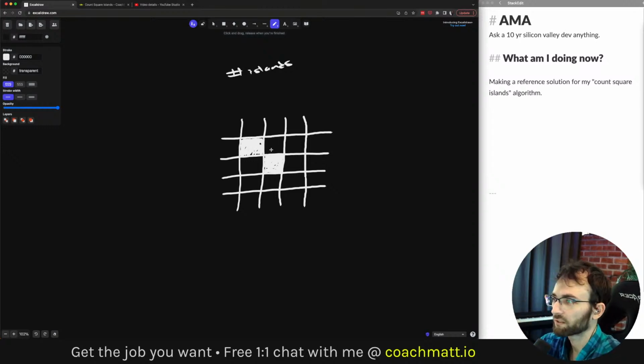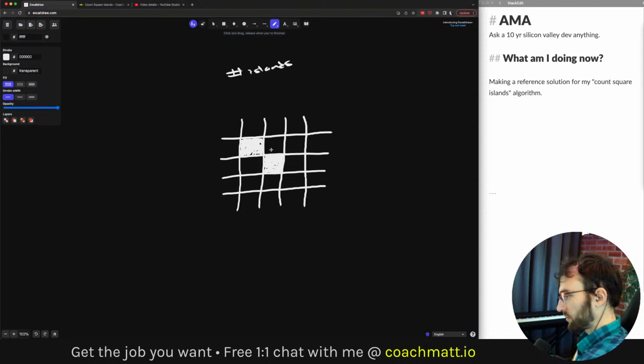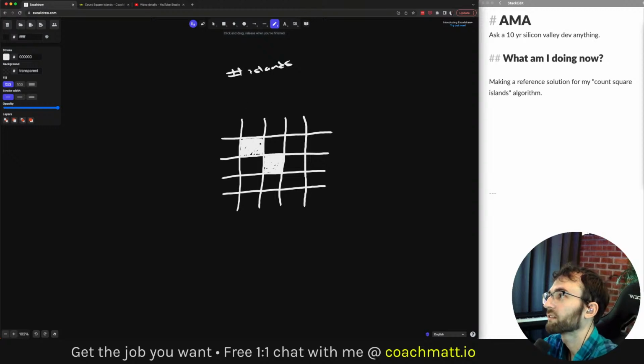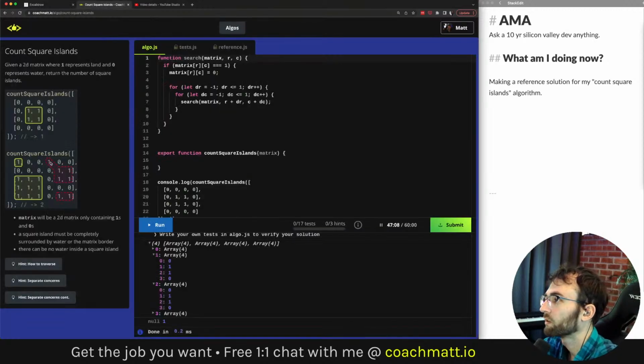However, what is this? Is this 1 or 2? That depends on the interviewer. I think this is ambiguous given the original problem definition, unless they have an example that shows that case right here.